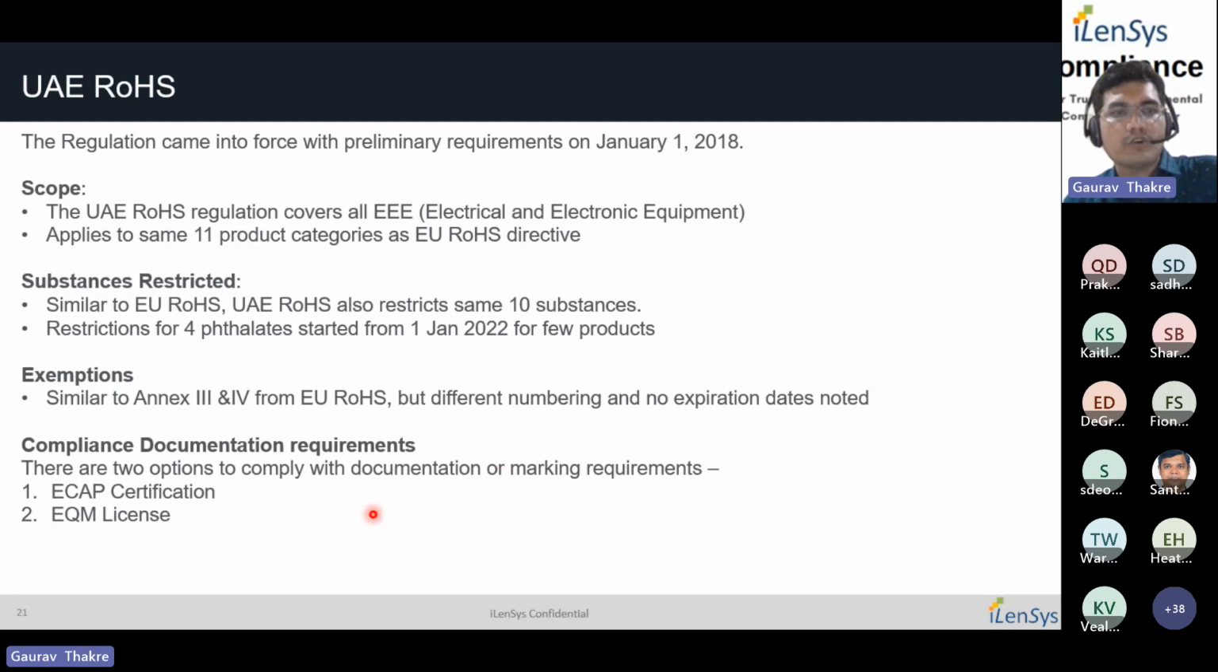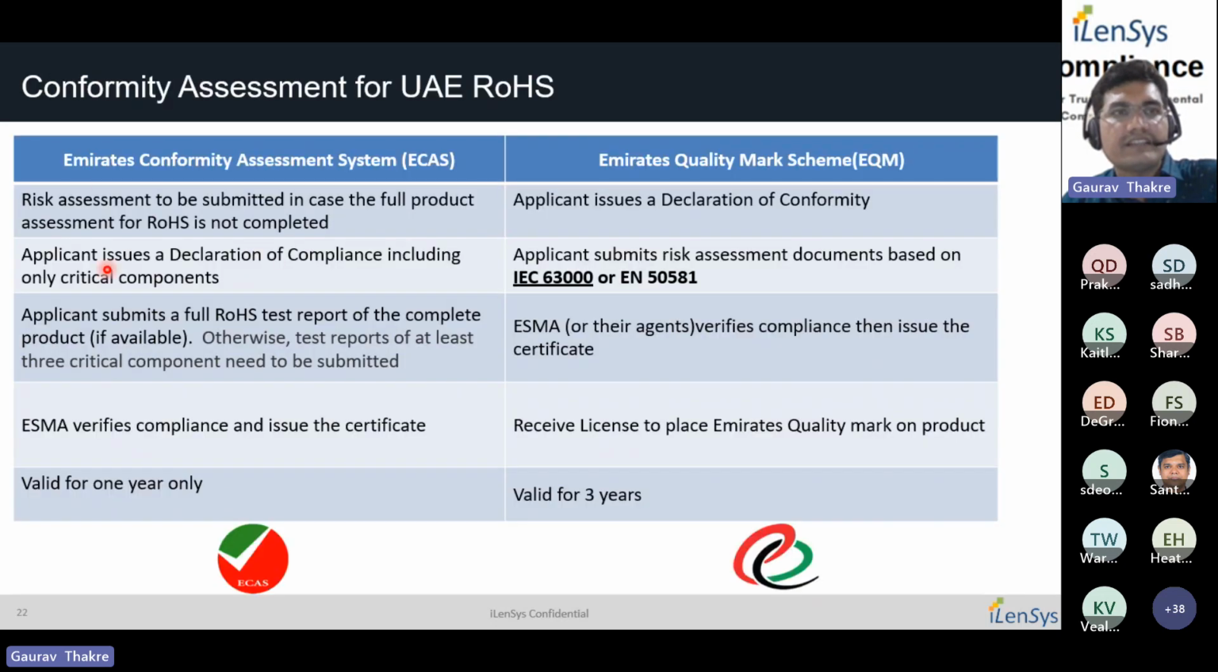And there are requirements in terms of documentation and marking. There are 2 different requirements: one is the ECAS certification and one is the EQM license. So there are authorities which provide the licensing. In the next slide, I have the details: ECAS is Emirates Conformity Assessment System, and EQM is Emirates Quality Mark Scheme. So what's the difference between the 2? In ECAS, the risk assessment is to be submitted in case the full product assessment for RoHS is not completed. So the risk assessment documentation has to be submitted, and the applicant issues a declaration of compliance, including only critical components. It may not be required for the complete product, only for critical components, to issue a declaration of